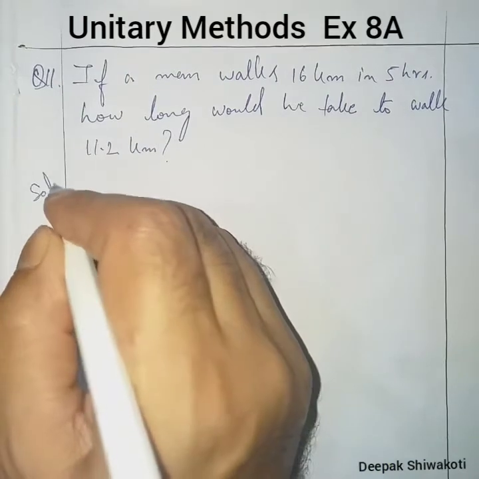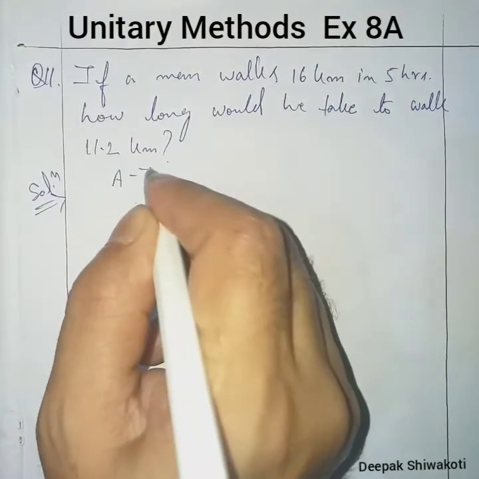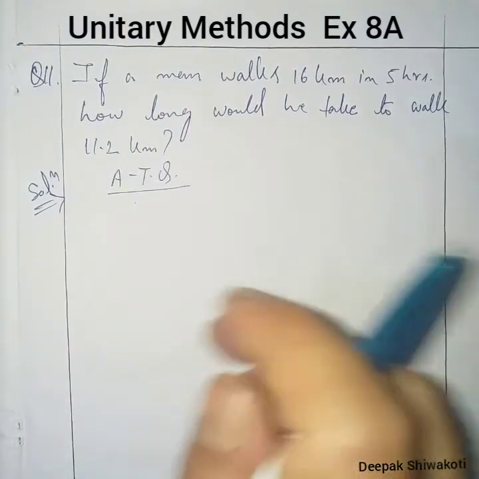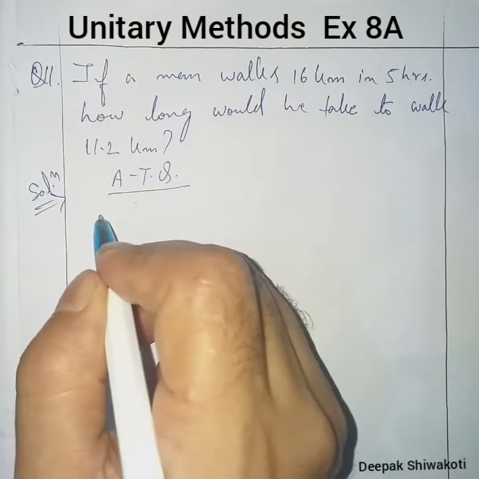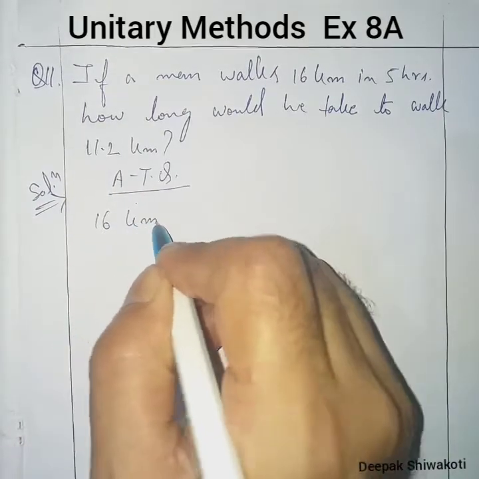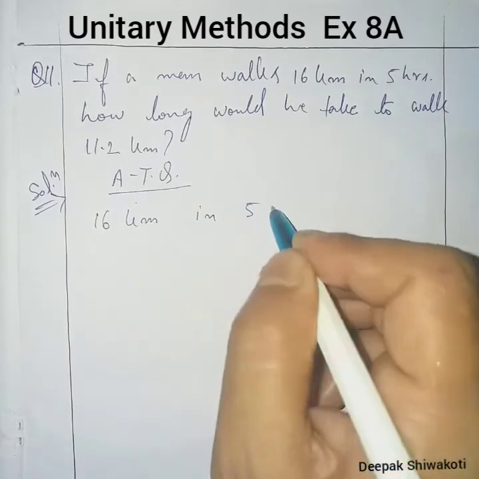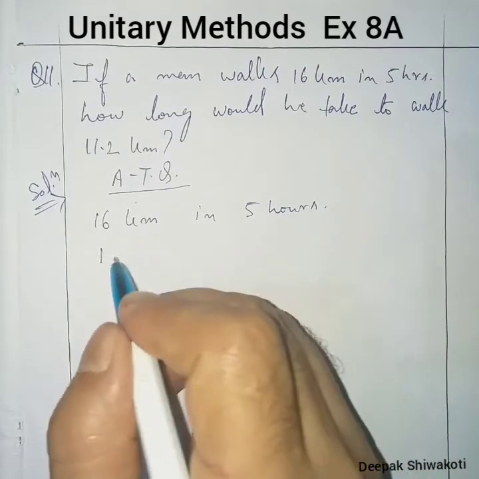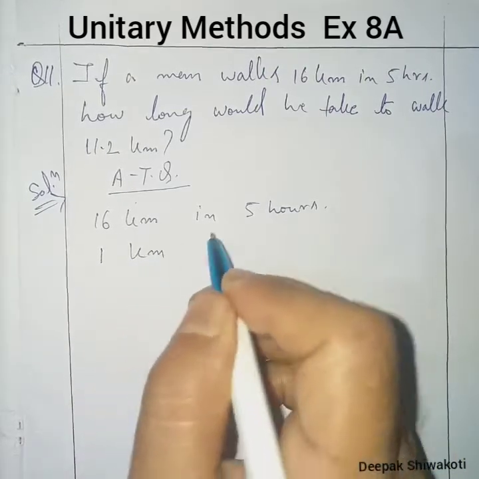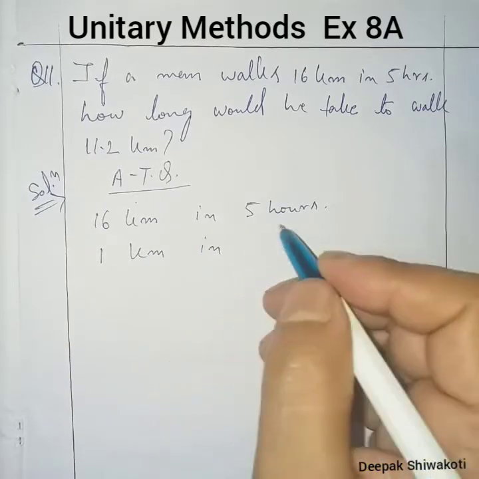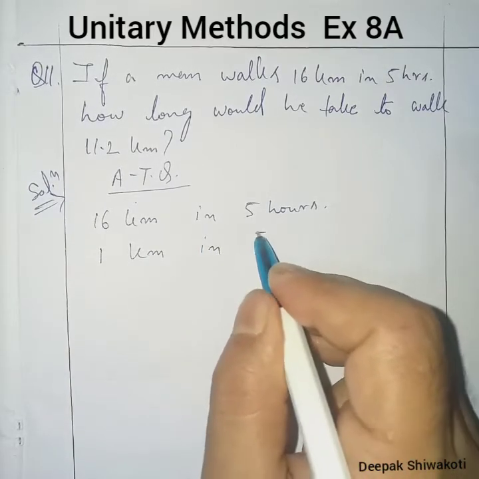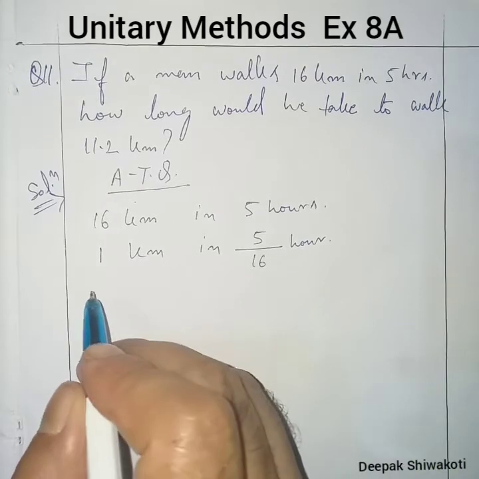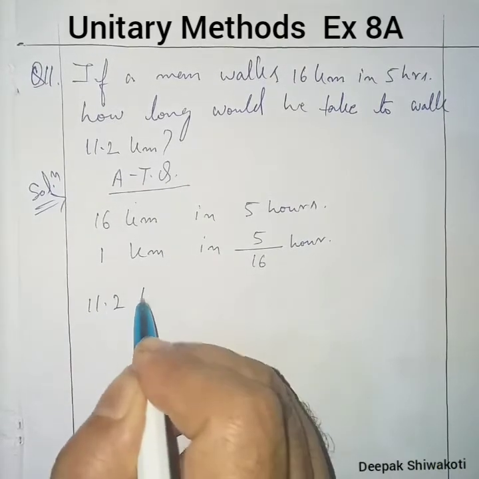Solution, according to the question. So time will keep this side because we have to find. So distance will start with 16 kilometers in 5 hours. Okay, so in the unitary method we will find for unit 1 kilometer, this will be less time, so we'll divide, and we have to find for 11.2 kilometer